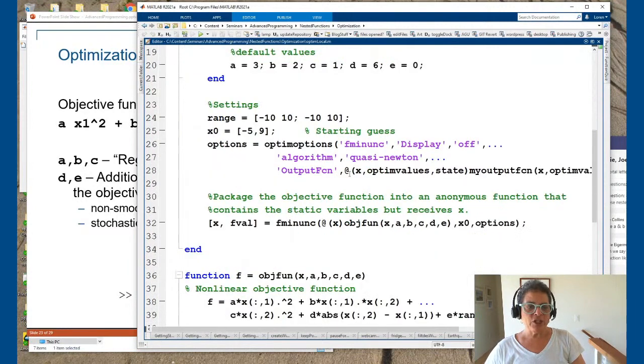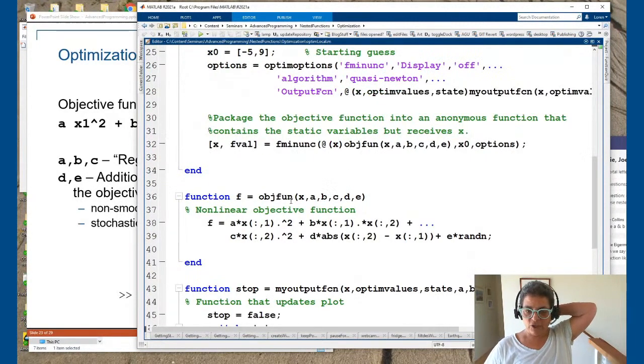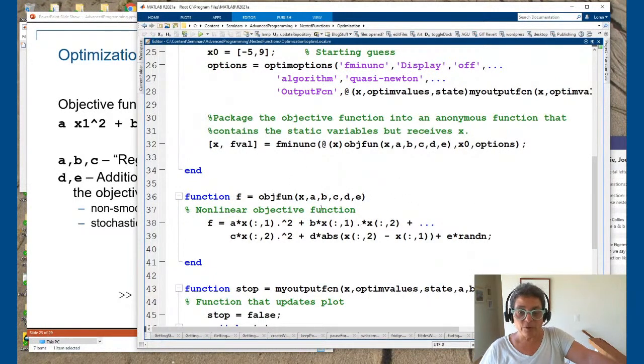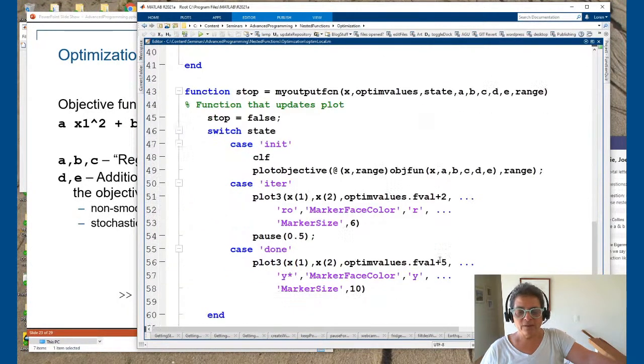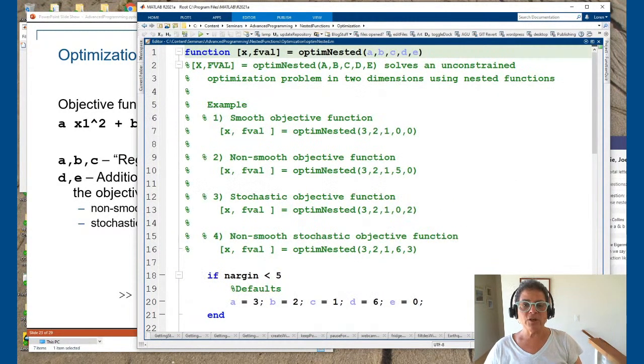And then in my subfunction objective function, I have to change from A through E up to A through L, and I have to put the right formula in here. Fair enough, you have to put the right formula in, right? And then I have to change this from A to E to A through L, and I have to change this call to A through L. Well, instead of making you watch me do that, I've already done that, and I'm going to pretend we're doing that, but I'm going to solve the same problem using nested functions instead. So here is my nested function version,